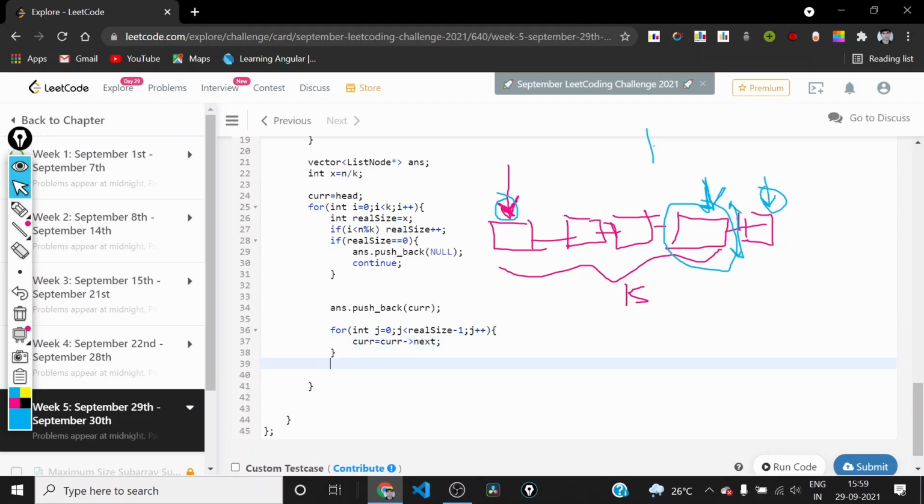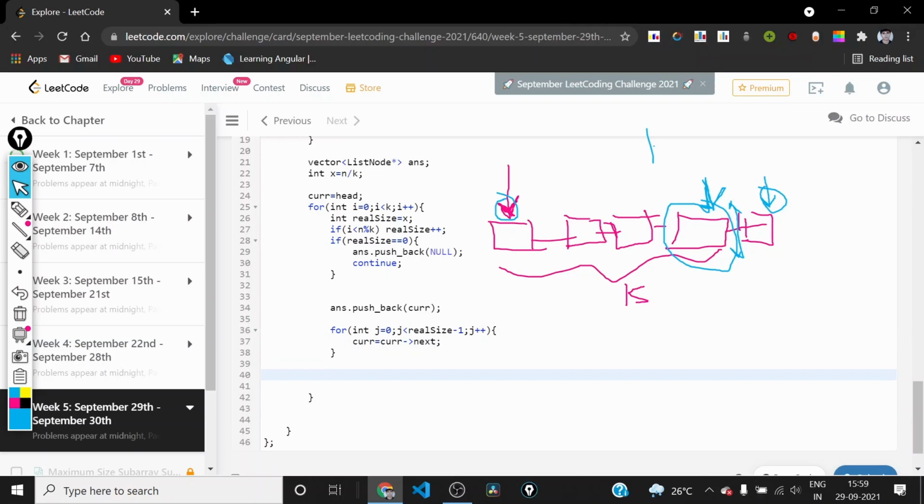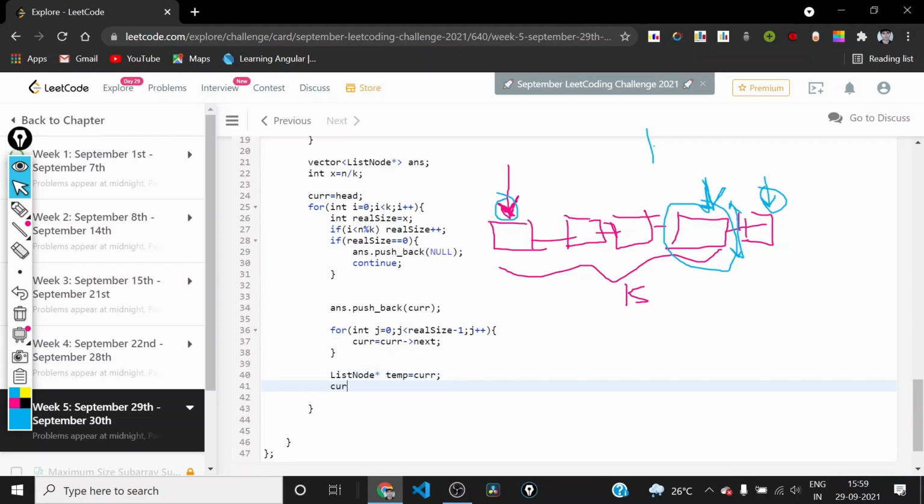Now we have reached here, so we can use a temporary pointer to store the value of current, and then we can do current equals current dot next.